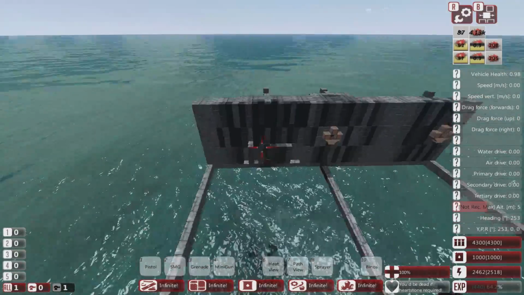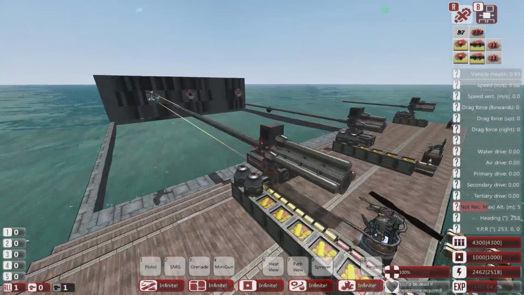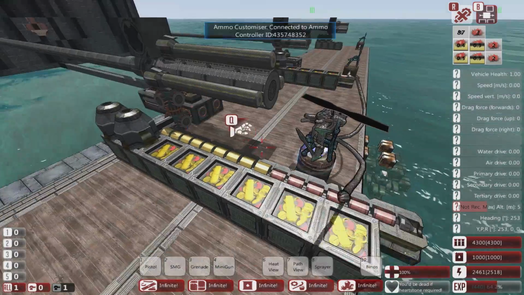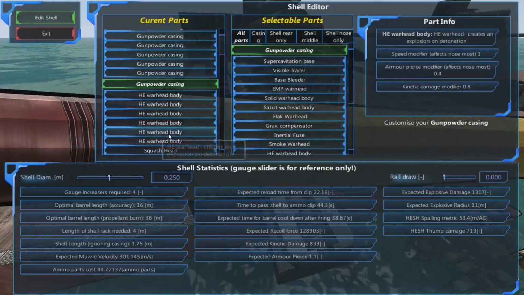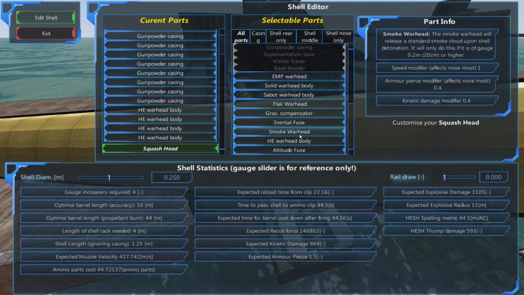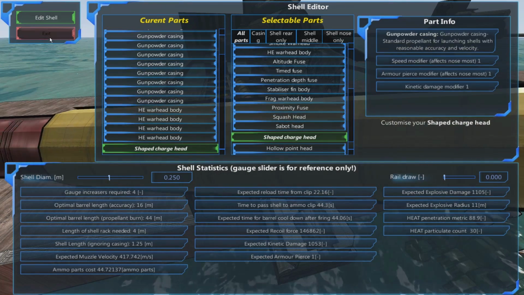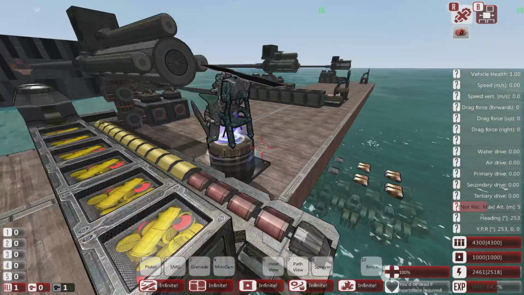Again, more damage to the inside, but not consistent. So it's certainly better. HVAPHE works better with the larger rounds, but it still is not consistent. Now we'll do the next one, which is fairly obvious. We're going to increase the gunpowder a little bit, get our rate up here, and we're going to just use the shape charge, because we know the shape charge works well. So we're just going to confirm it,